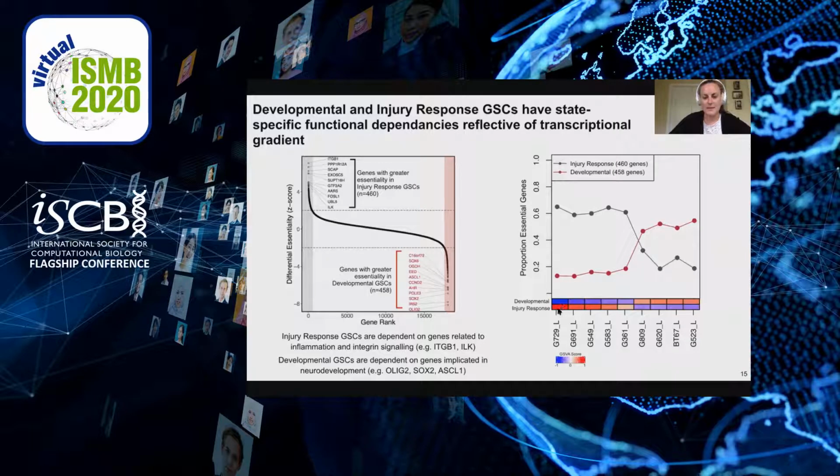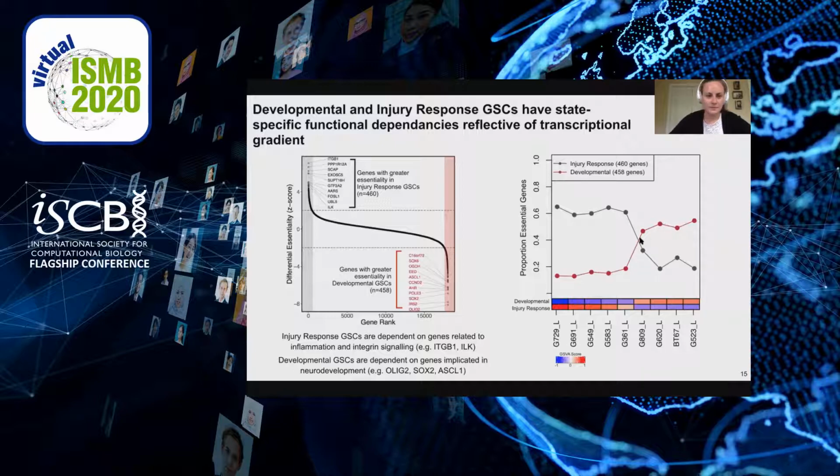What we can see is that samples that are scored very high for the injury response phenotype with transcriptomics have the majority of their essential genes corresponding to the injury response phenotype from CRISPR. But then as you move along this gradient and you get into this middle section where we have these two samples, especially G809 that falls in the center of our transcriptomics gradient, you can see that it's a lot closer to being 50-50, where it's reliant on a mix of essential genes from both the injury response and